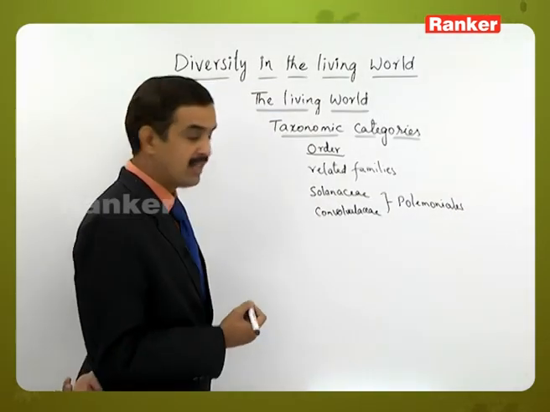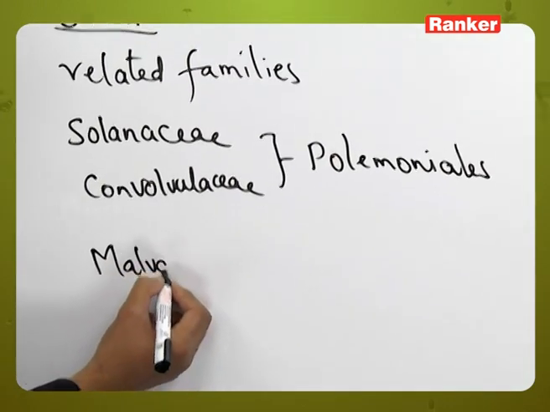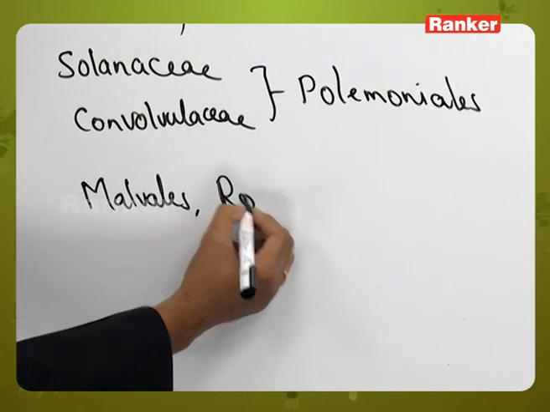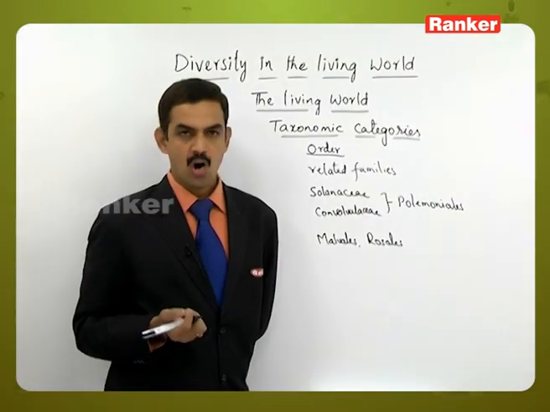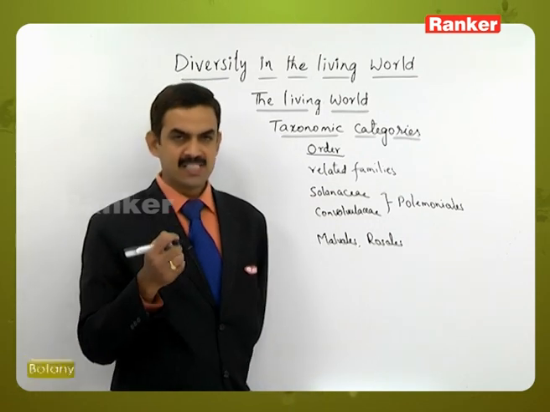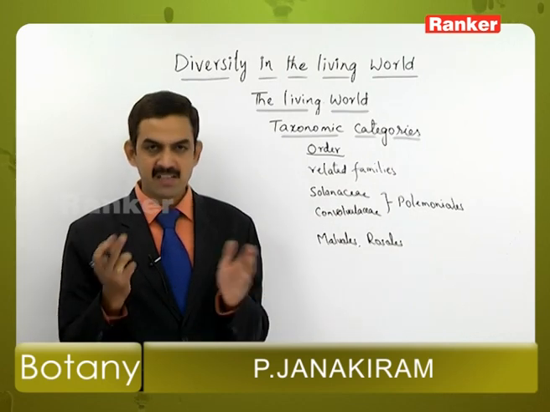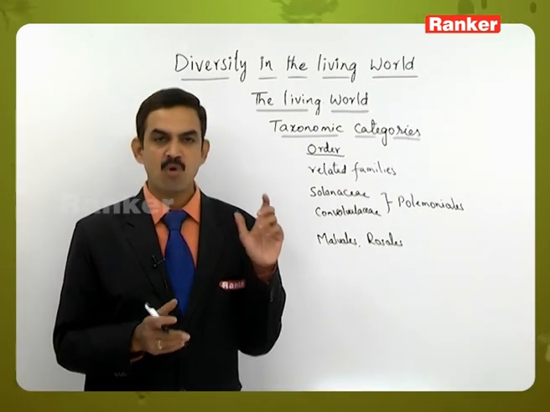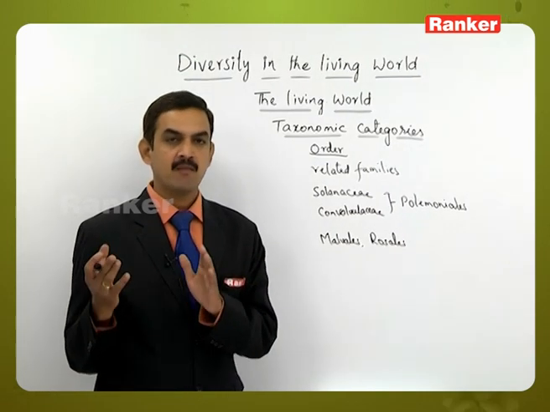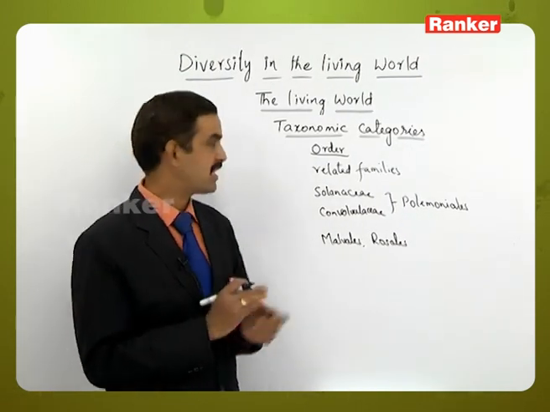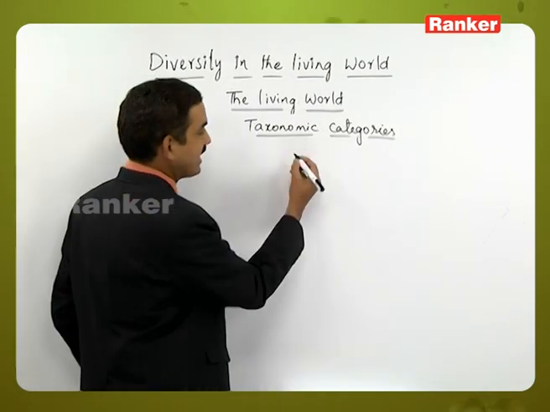This is one example. Likewise, some other examples for orders are Malvales and Rosales. And when we compare the similarities within the family and between the families of one order, definitely more similarities are present within the family when compared with the different families present within the one order. After order, the next taxonomic category is the